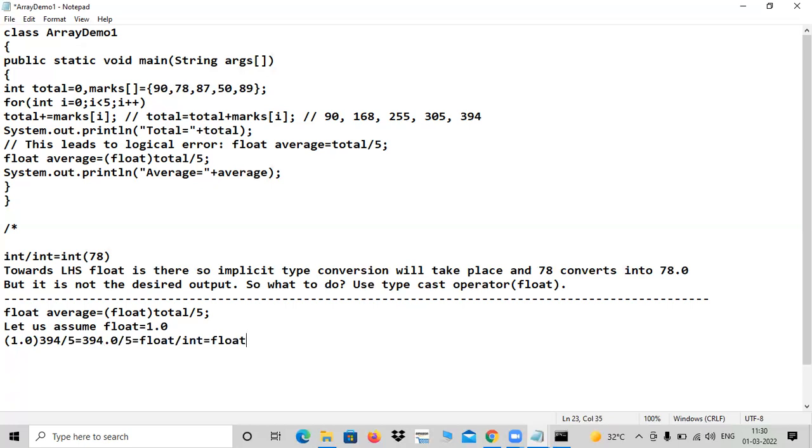The answer is 78.8. You can't miss that decimal value, which is much required in some types of applications. Now you are not missing it. There is no loss of data. Previously we had loss of data,